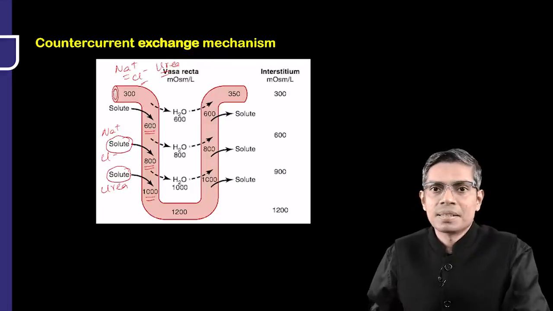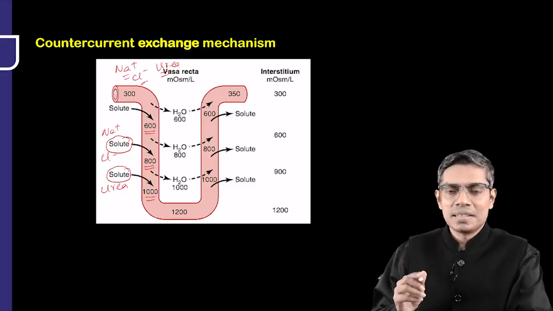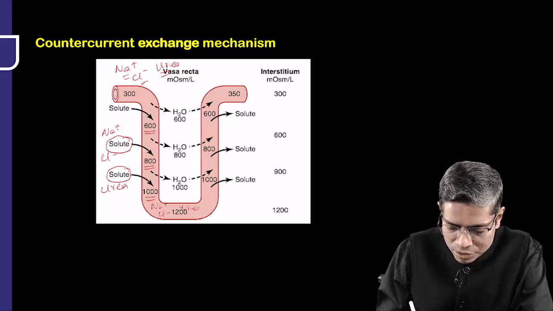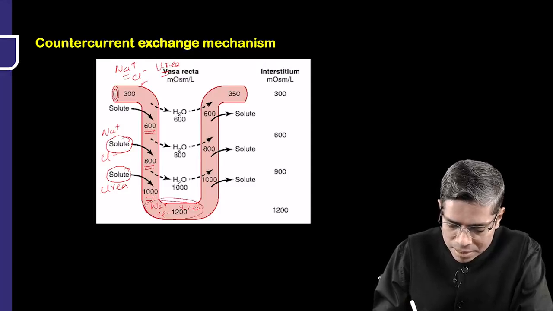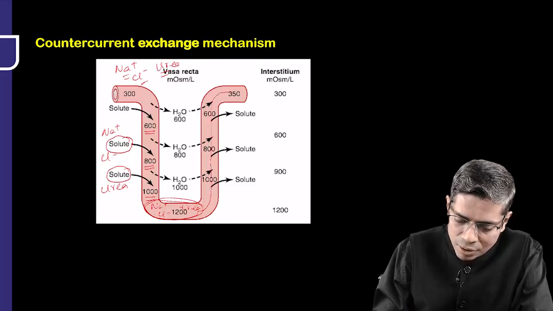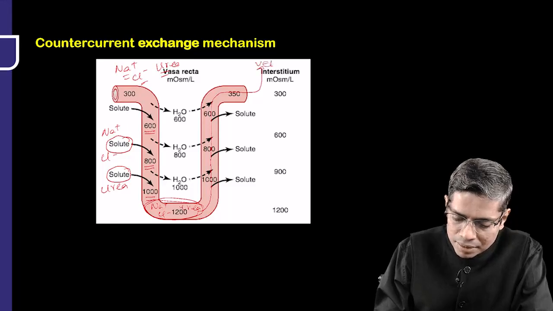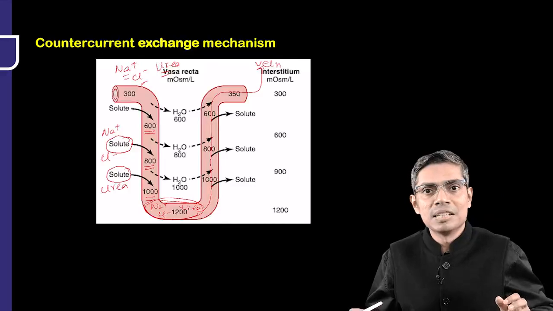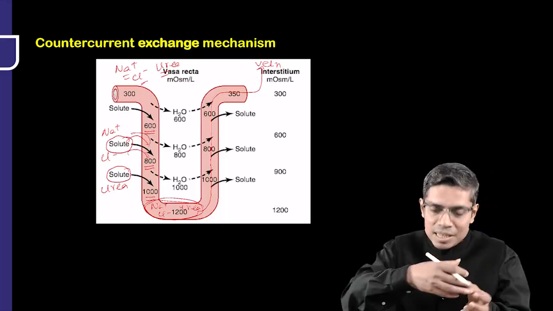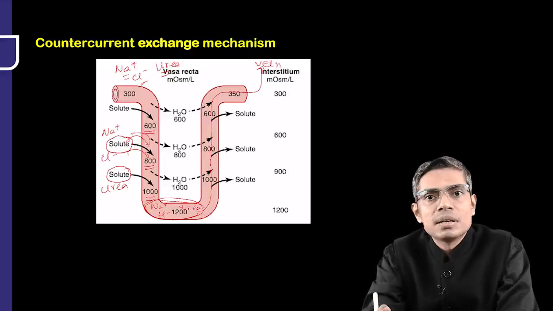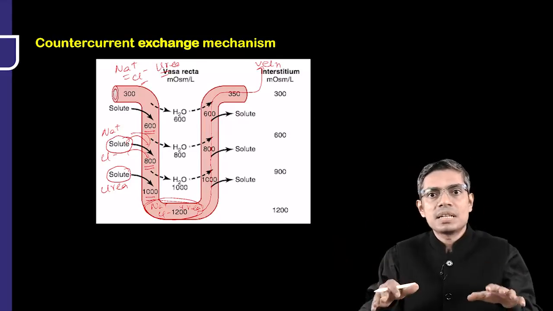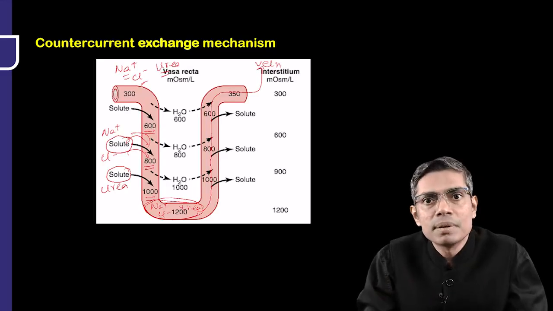Whenever this solute is entering the capillary blood, the tonicity is rising at the level of vasa recta also. But suppose the blood is taking out all this solute like sodium, chloride, urea which you have reabsorbed from the medulla and draining all of this solute at the level of the renal vein, what will happen? You are taking all of this solute from the interstitium and bringing it and draining into the renal vein blood, into the systemic circulation. So what will happen? The solute concentrated in the medullary interstitium will decrease to a very low level,